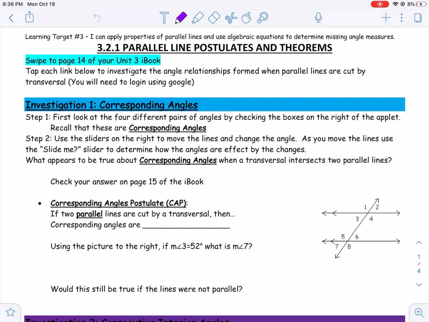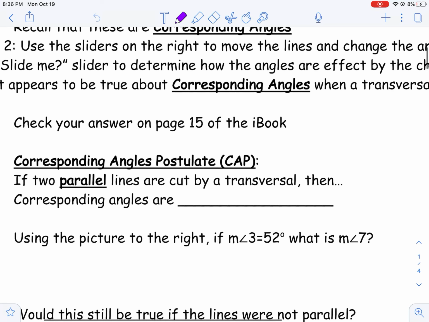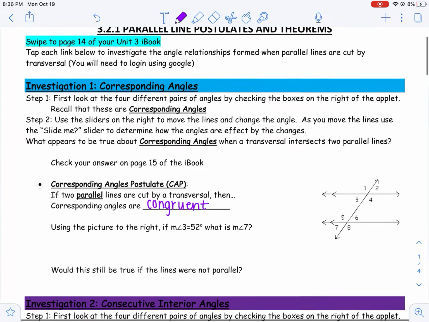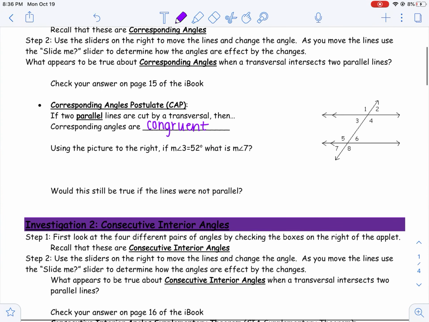That is, if two parallel lines are cut by a transversal, then corresponding angles are, okay? And hopefully by using that investigation 1 and recognizing corresponding angles in their measurements, we can state that they are congruent, okay? So, using this picture to the right, if I know that the measure of angle 3 is equal to 52,